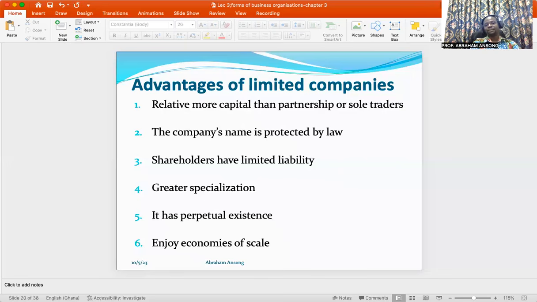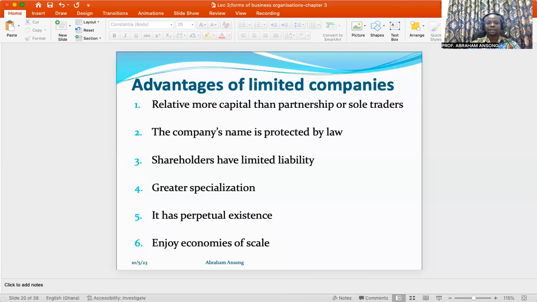Four is the fact that they normally are required by law to prepare financial statements, and these financial statements can give some form of assurance as to the performance of the company when financial institutions or creditors want to grant them loans. Five is that because of their size, they tend to have more assets or resources that they can use to serve as collateral when it comes to the acquisition of loans or debt generally. Okay, so there could be several reasons why limited companies or companies as a whole will be able to get more funding or capital than sole proprietorship and partnership type of business.